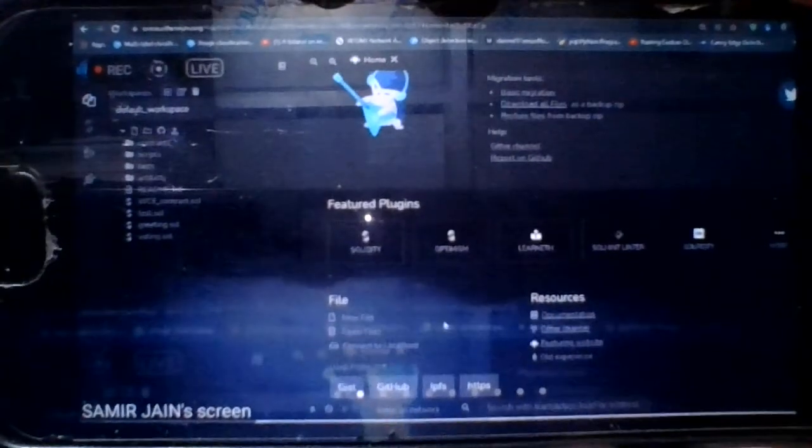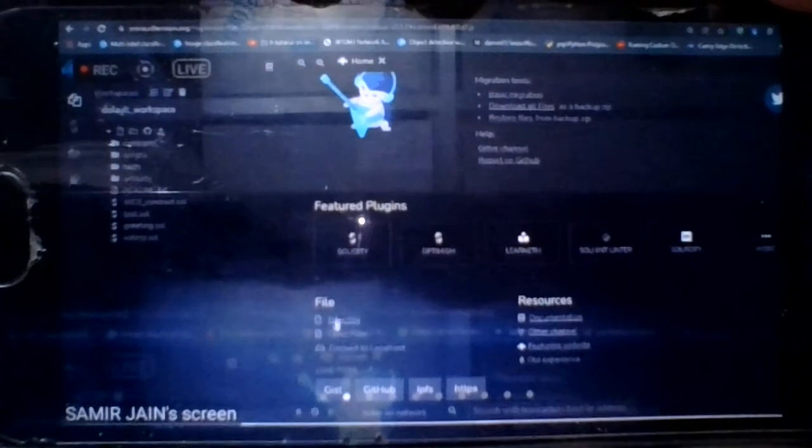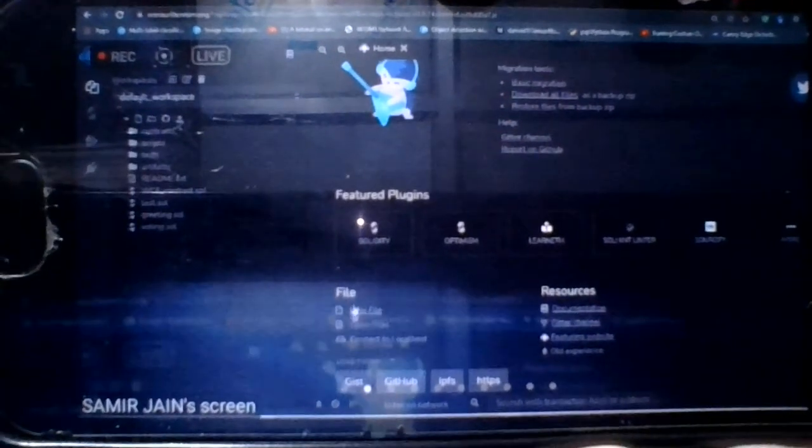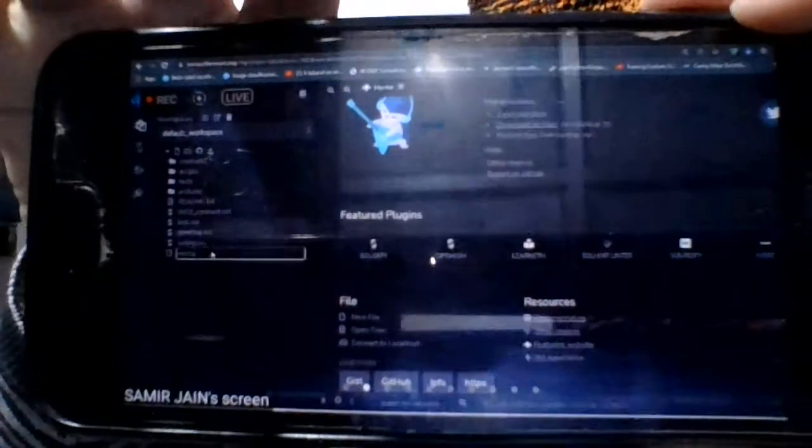Yeah, so this is Remix IDE, and you can see that there is a new file option. So you can press on this new file. Please make it as voting. As I've already made this, I am typing voting1.sol.